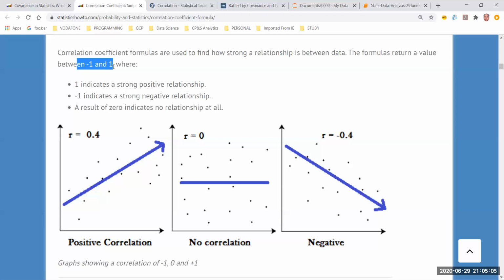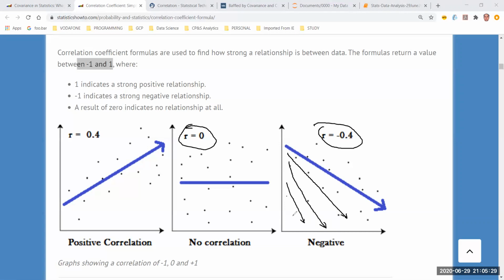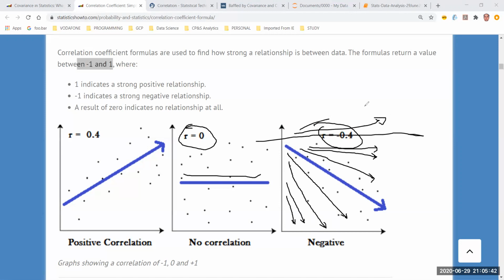Something which is in the negative, it gives how strong the negativity will be. Okay, can you understand what is going to happen in this case? If let's say this is r equal to 0 and this is r equal to -0.4, if r is equal to -0.5, in which direction it is going to go? It is going to go in this direction. R is equal to -0.6 is this. 0.7 is this, 0.8 is this, and so on. Okay, minus 0.3 is this, minus 0.2 is this, minus 0.1 is this. Ultimately, 0 is the straight line again, which we have got over here. And then if you go positive, the positive lines will be on this direction.